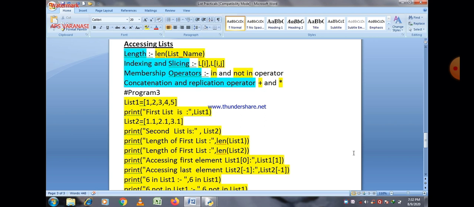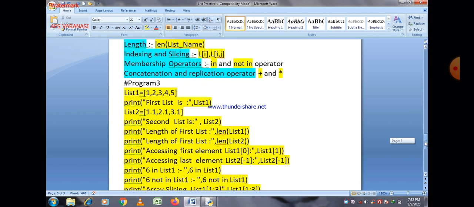And the not in operator is just the opposite of the in operator. It means if you want to find out whether a given number is not a part of a list, then this can be found out using the not in operator. And last, which is very important, the concatenation and replication operators, plus and star.